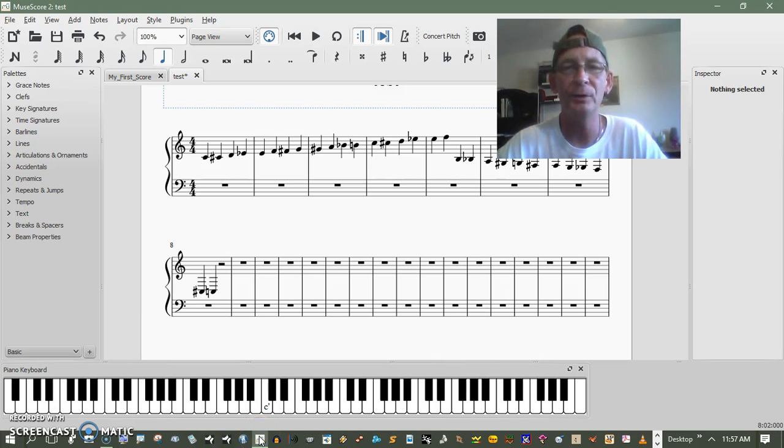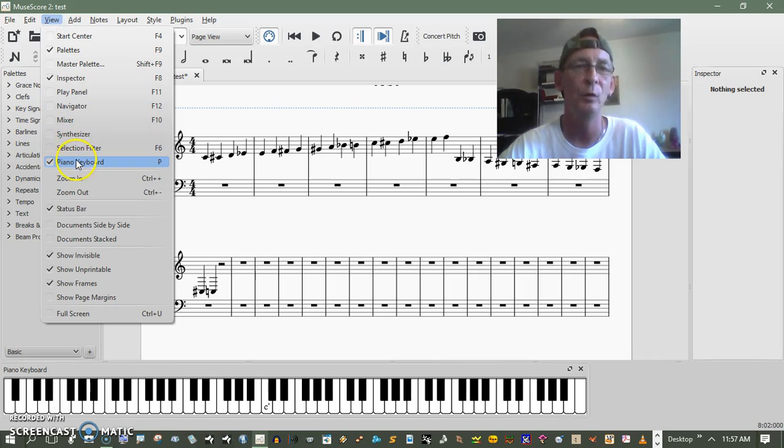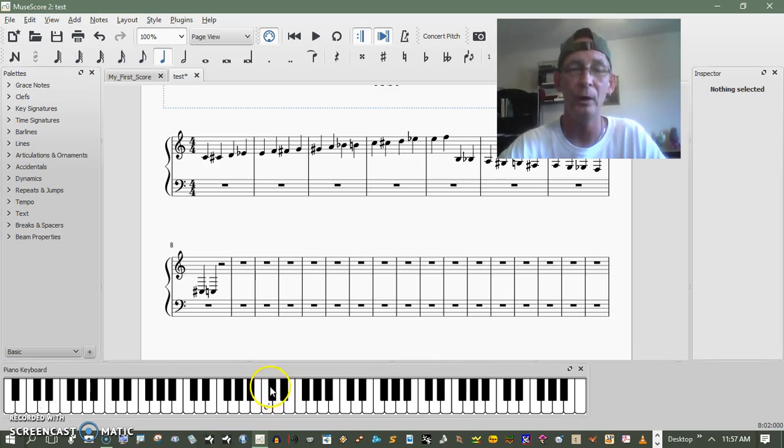Now you can put this on MuseScore, and after you've downloaded it, you can enable the keyboard very simply by going to View and enabling the keyboard, and start pushing the notes on it, and make a bunch of them, or go up and down the whole range of the keyboard. And you can take a picture of it and print it on your printer to have a copy of it,